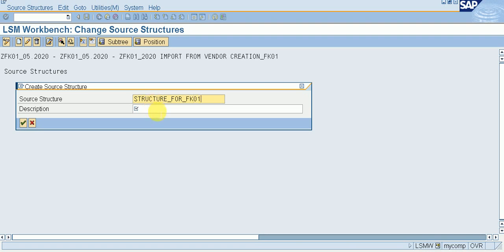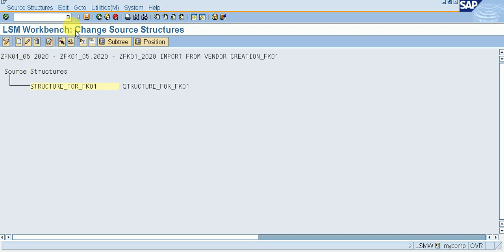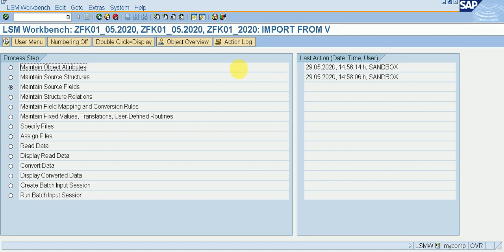For description I am giving the same description, structure for FK01. Copy from here and paste it. Then enter, then save it. So go back, and now we can see our source structure created.